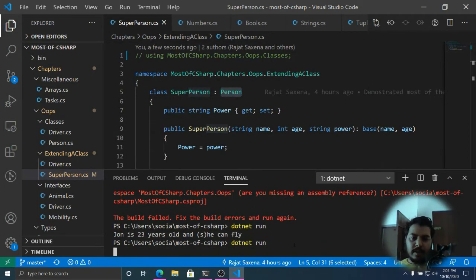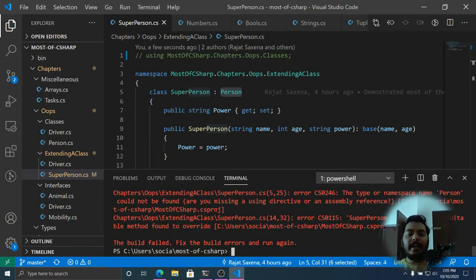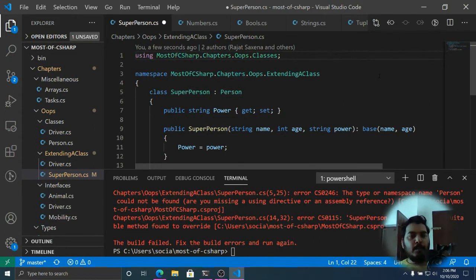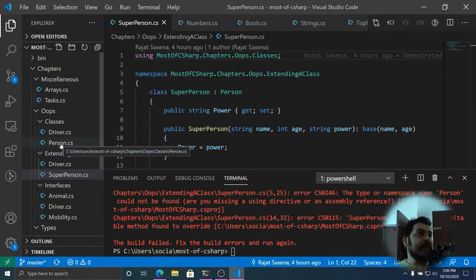If I try to run this program now, I will probably get an error stating that it cannot spot this person class. So make sure that you are importing classes correctly. Okay, so we have learned how to create classes and how to extend classes in order to create child classes.